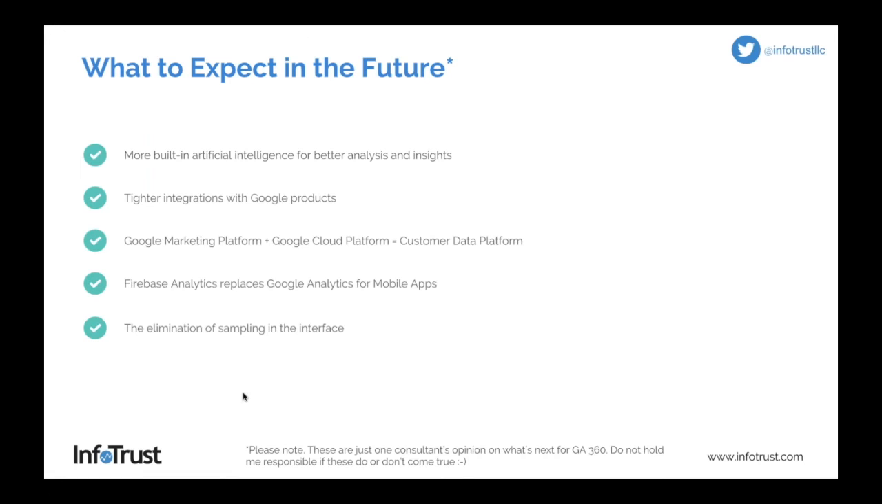So there's additional integrations that are happening, better integrations within current products. And so that's definitely something we see as being important. Google Marketing Platform plus the Google Cloud Platform is going to generate a customer data platform. I'll talk through that one, but we're starting to see a lot of companies actually building a customer data platform themselves,